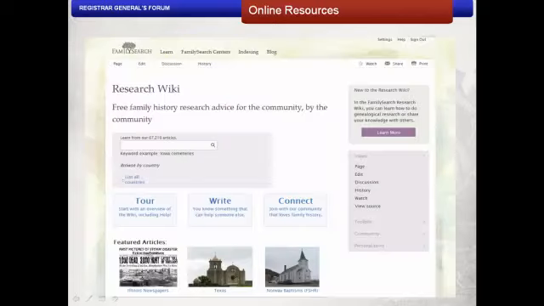FamilySearch's Research Wiki is updated daily with new information. Entries can be embedded with links and take you to relevant information and websites. Perhaps your chapter has transcriptions or records that you could upload a short description of to the wiki so that others can find this genealogy. Think of wikis as the new finding aids.